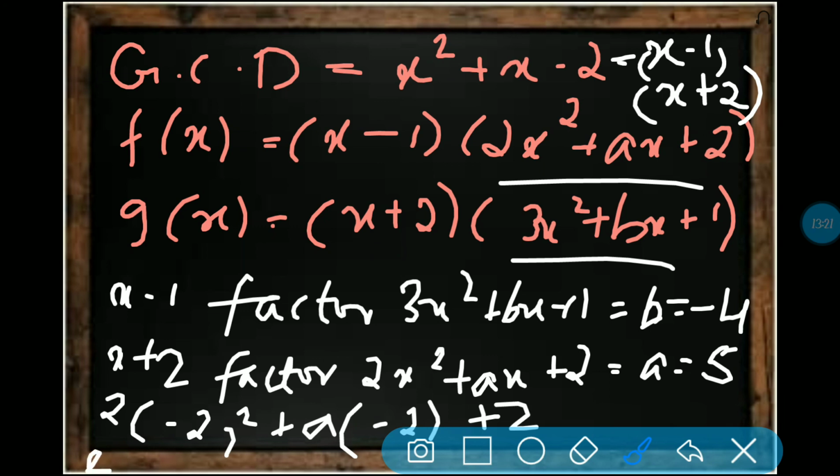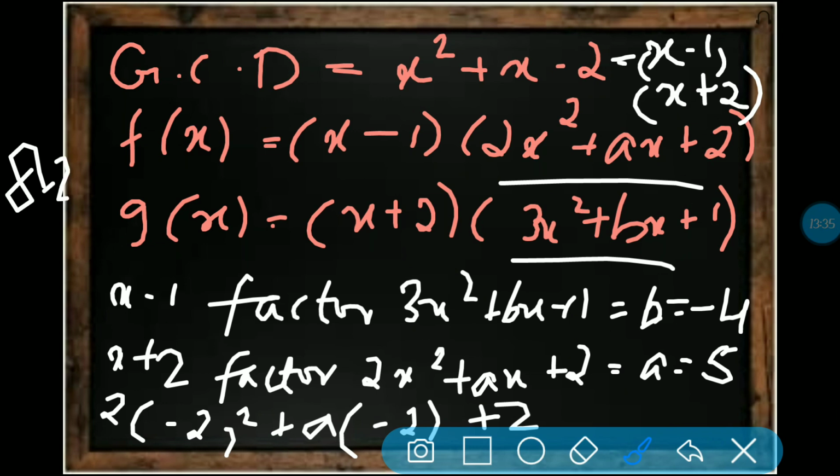Now minus 2 square is obviously 4, so 2 fours is 8. So 8 minus 2a will be there. Here I'm writing 8 minus 2a, since space is not there for me actually. Then plus 2, so 8 plus 2 we will do 10. So 10 minus 2a, right?